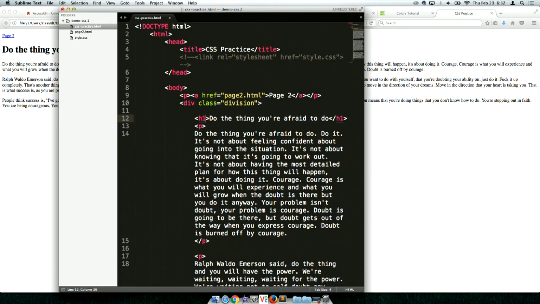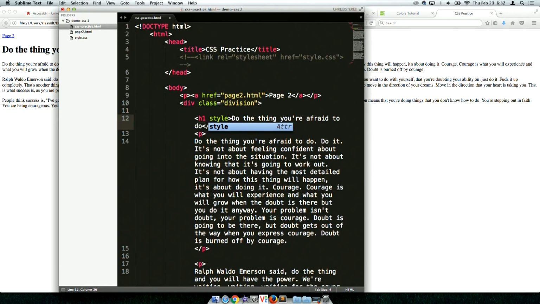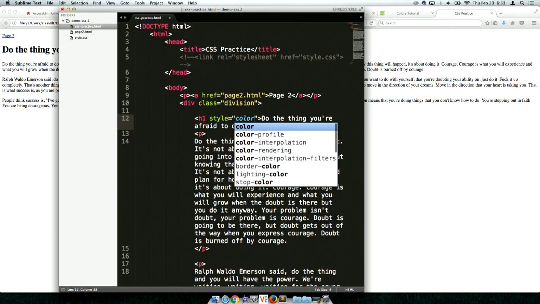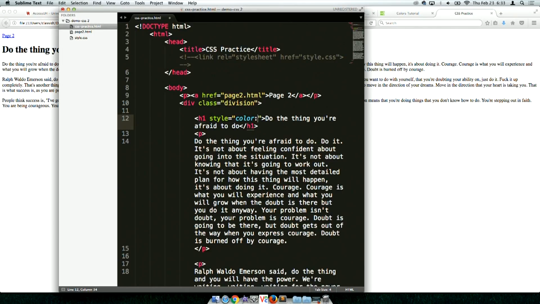So let's give it an attribute called style, followed by an equal sign, and followed by a double quotation mark. If we want to change the color, then the property will be color, followed by a colon, followed by the value, which is red in this case. And we want to end it with a semicolon. Make sure there is a double quotation mark to close this attribute. So let's save the file